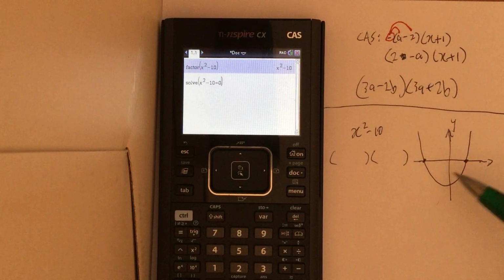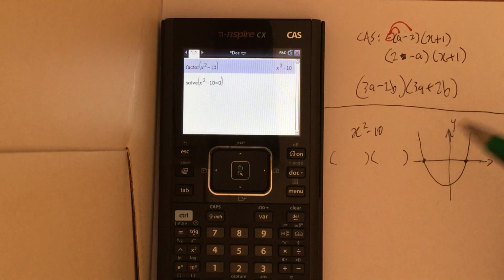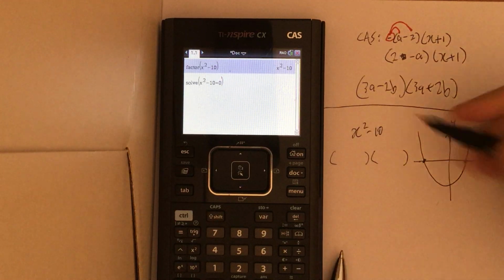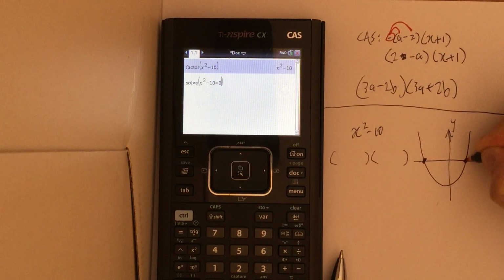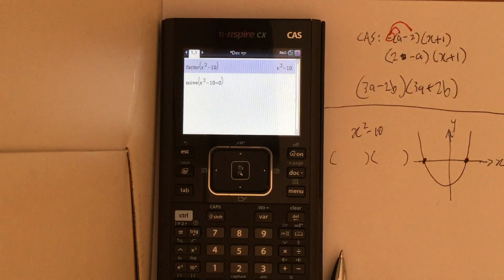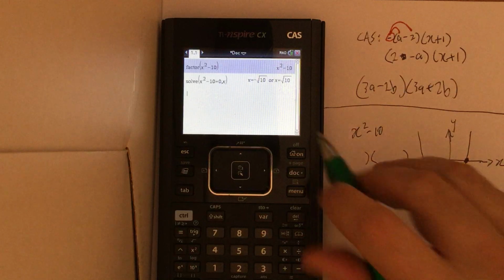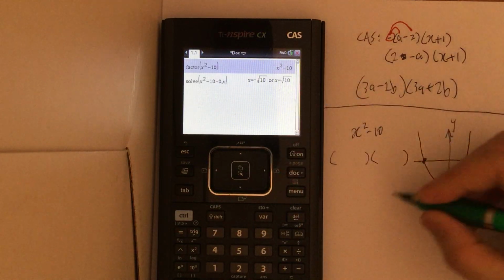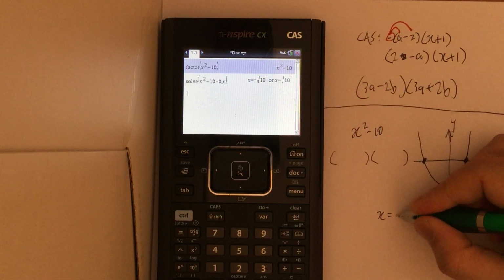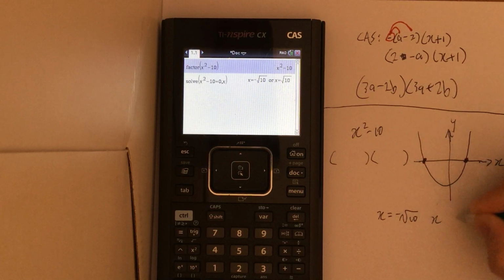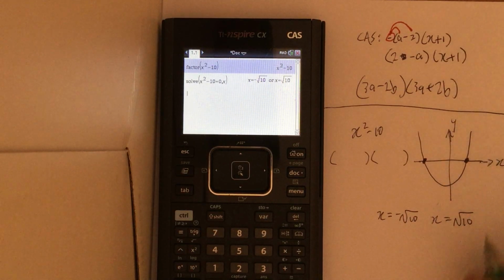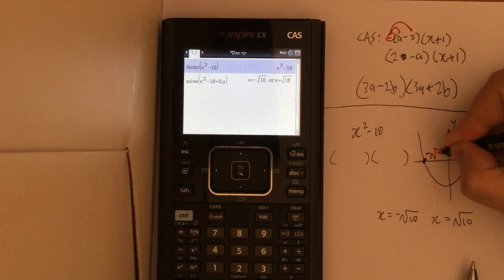If you look at this graph, this is what it looks like, more or less. We're looking for the value of x when y equals 0, which is these two points here. By finding these two points, are we then able to figure out the actual factorization? Comma x, solve for x. Boom! Immediately, they told us my x value equals negative square root of 10. My other x value equals square root of 10. Ladies and gentlemen, they have given us